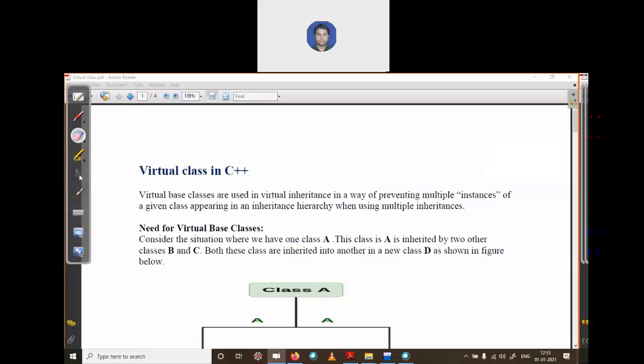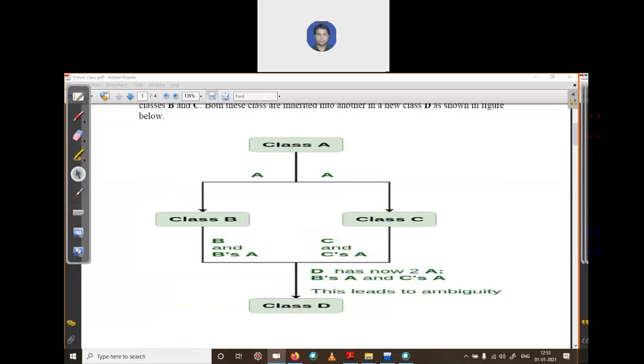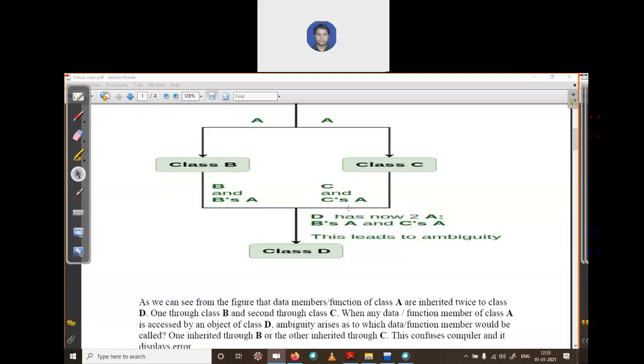Now see how a virtual class works. There's a class A, as I just discussed, deriving two classes B and C, and the data A has is copied to B and C as it is.